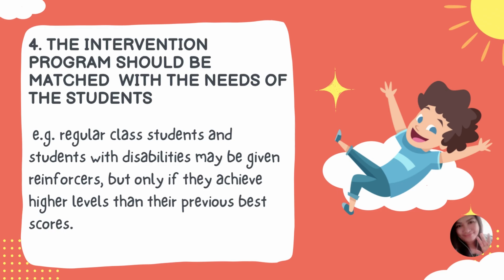Number 4, the intervention program should be matched with the needs of students. Example, suppose a teacher is attempting to improve the quality of assignment work in an integrated class that includes both regular class students and students with disabilities. This might be done by awarding tokens to those who complete the task better than their best score on previous assignment work. Both regular class students and students with disabilities must be given reinforcers, but only if they achieve at a higher level than their previous level